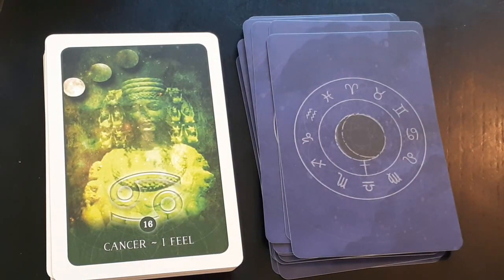Cancer, I feel. Women, kind women, female mysteries, the breasts, mother, pregnancy, early life, the soul, what happens at night, the night sky, witches and their powers, creative imagination, being drawn in by illusion and fantasy, what is hidden, being withdrawn, introversion, seclusion, wanting to hide away, loneliness, secret love affairs, clandestine encounters, culinary arts, nourishment, importance of food and diet, the digestive